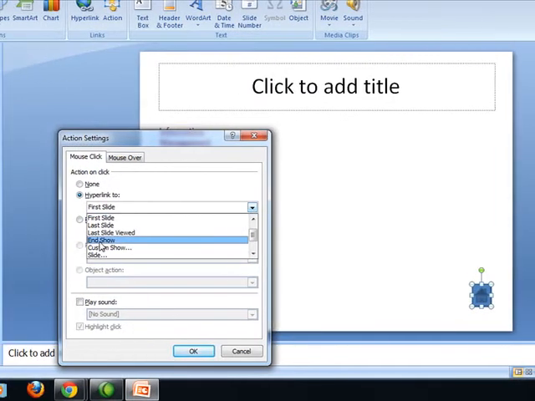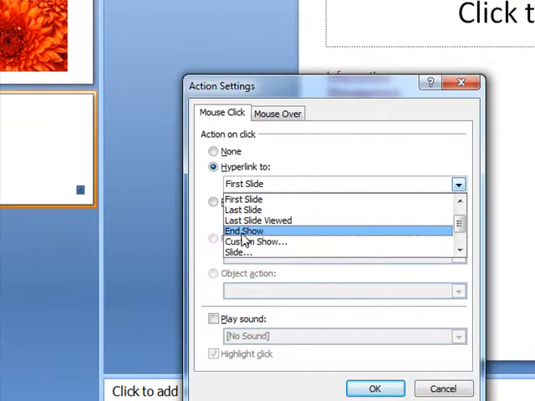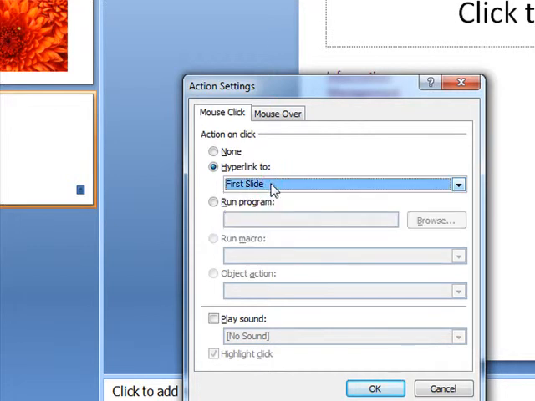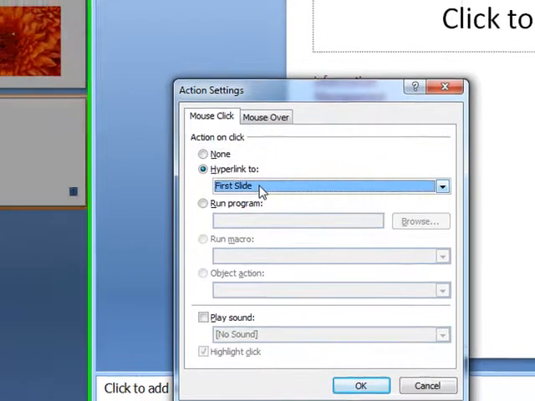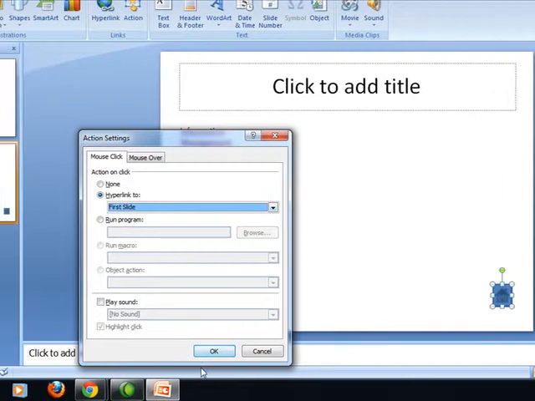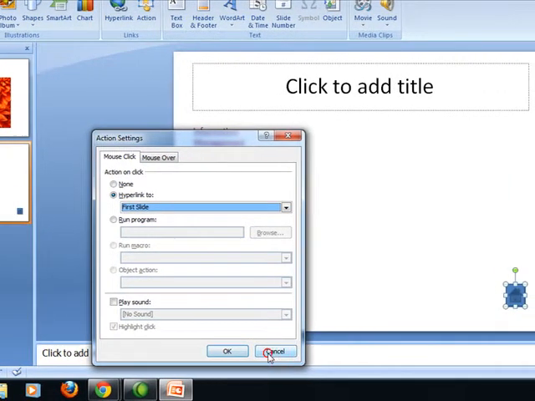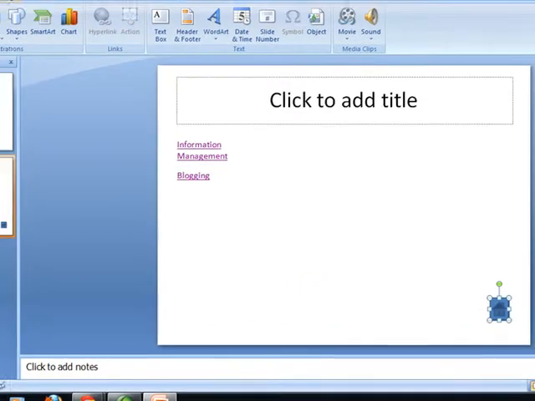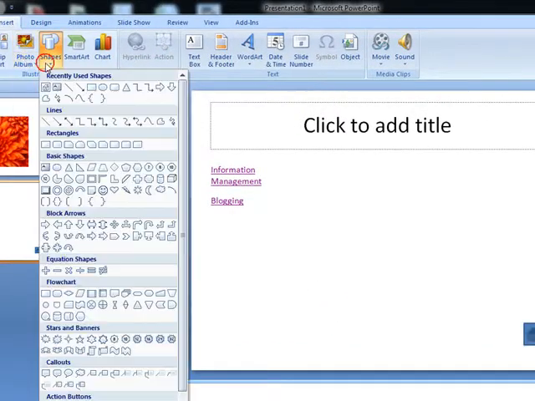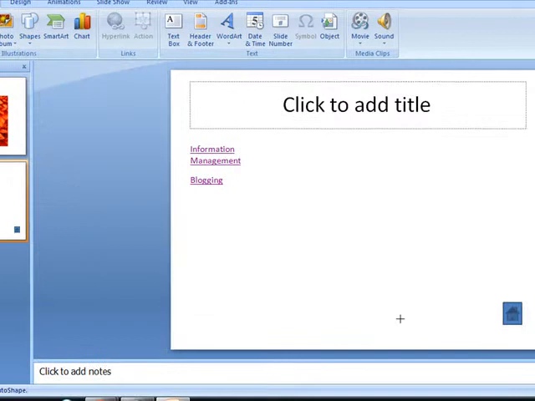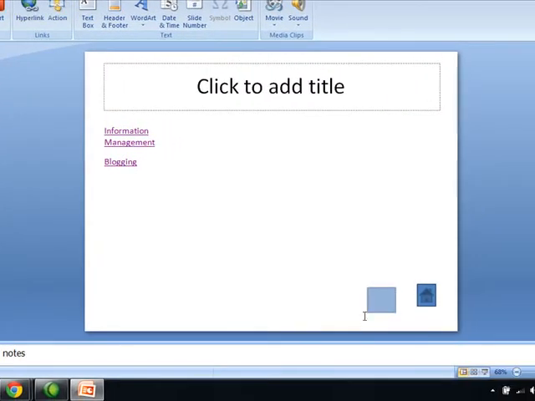You can make it jump to the last slide also, that you have to decide, but by default it will jump to the first slide first, and you can click OK. You can insert anything and still you can give an action to that.